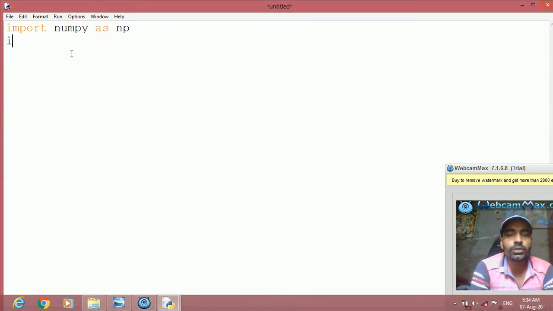Now we are going to create data frame, so we have to import pandas also. Import pandas as pd. Then for chart we have to import matplotlib. Import matplotlib.pyplot as plt.